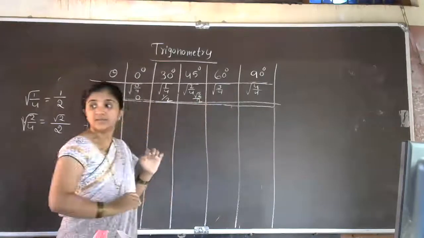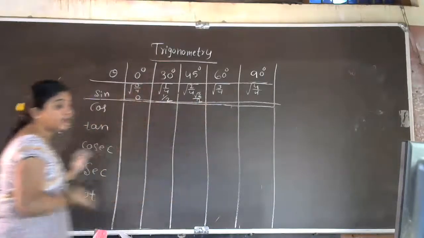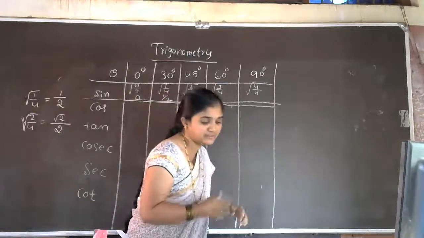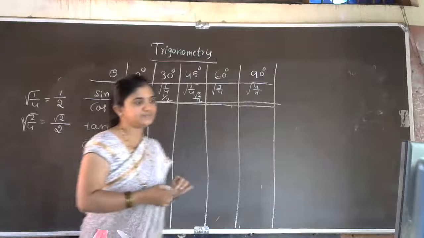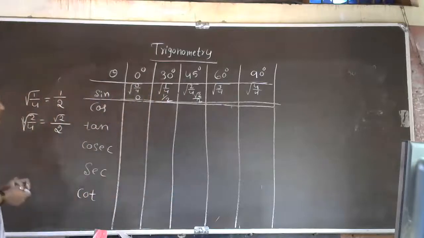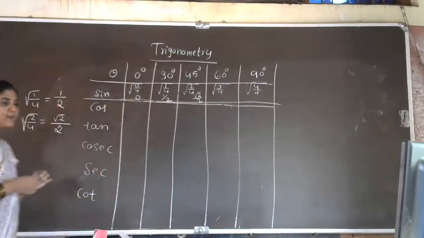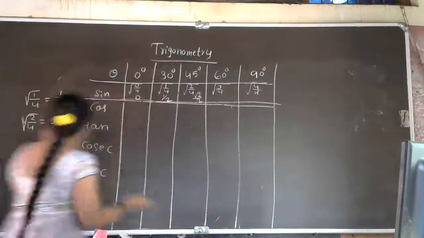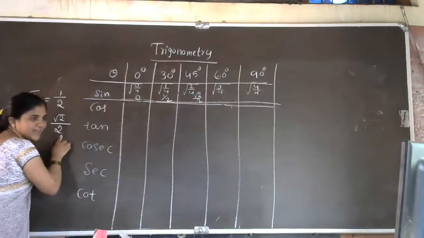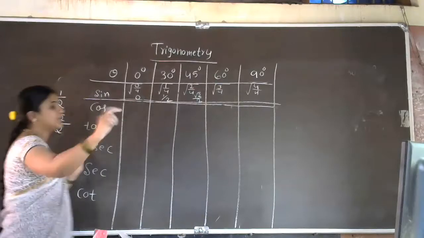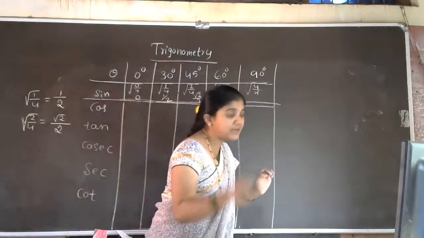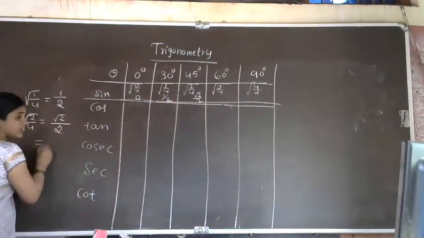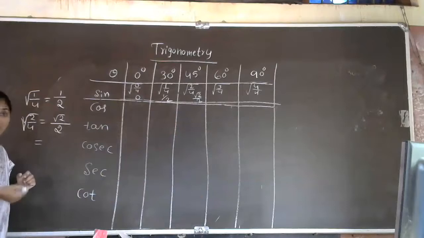Right now, students, how can we simplify further? Yes, the answer is 1 by root 2, right? But how to get that 1 by root 2? We discussed this earlier. We got root 2 divided by 2 now, but you can observe in the textbook that 1 by root 2 is there. How to get 1 by root 2? Very simple. That day we discussed the rationalization of the denominator method.